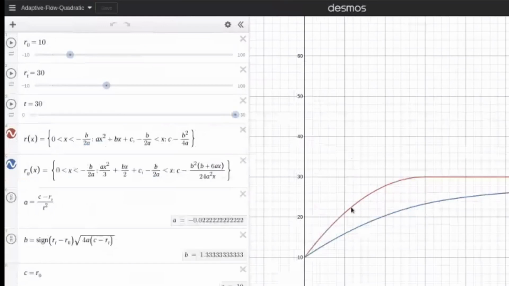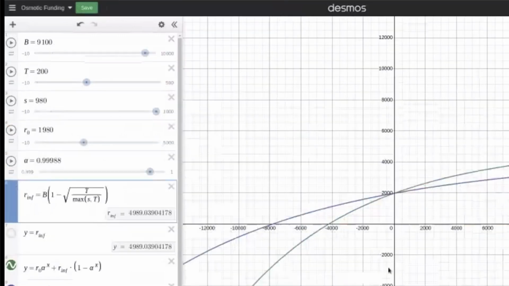Of the three you showed me, let me look and see if I can get their names right. So if you click on osmotic funding, the third one over. The equations that you have in the row with the green line thing, to me, that's the kind of function that I would expect to be working with. And so then if you go back to the adaptive flow quadratic one,